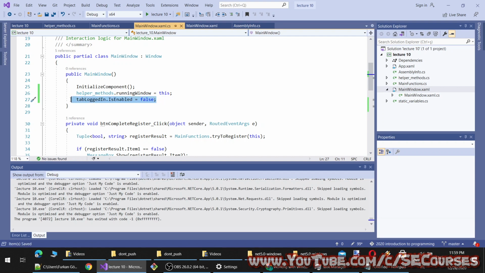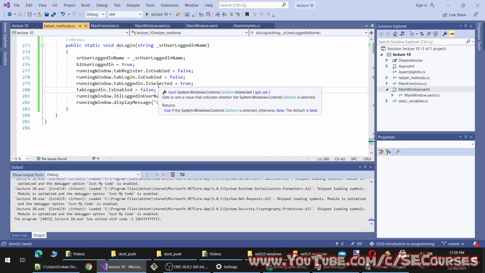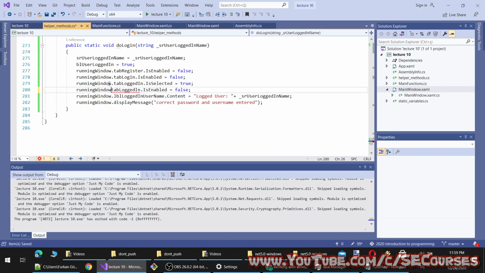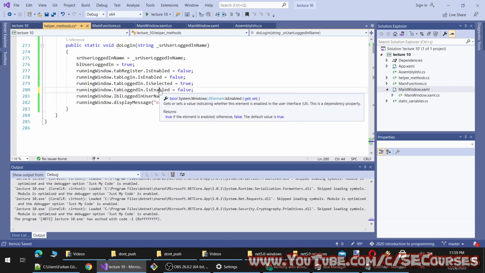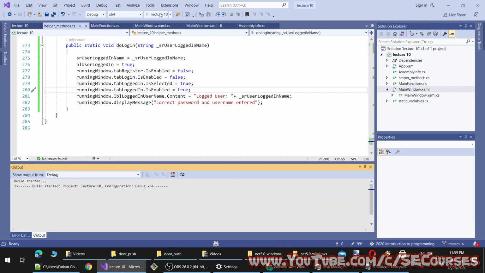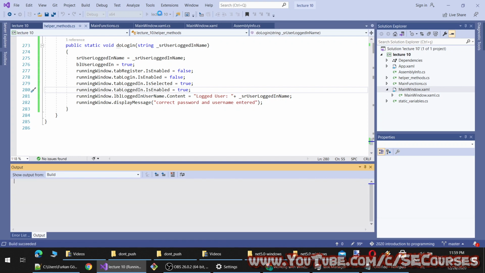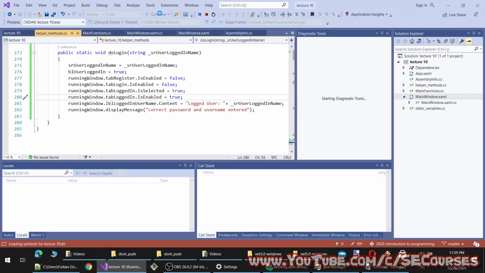And after the user has logged in, we need to make it enabled. All right. Because if user is not logged in, that panel should be disabled and not clickable.